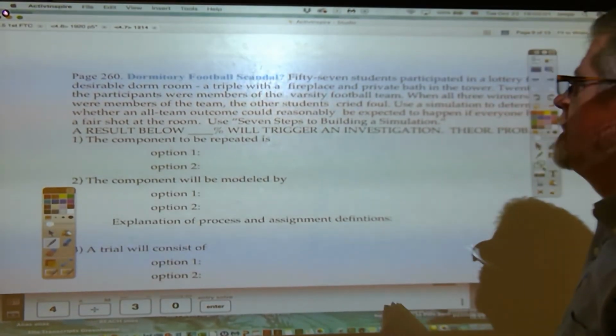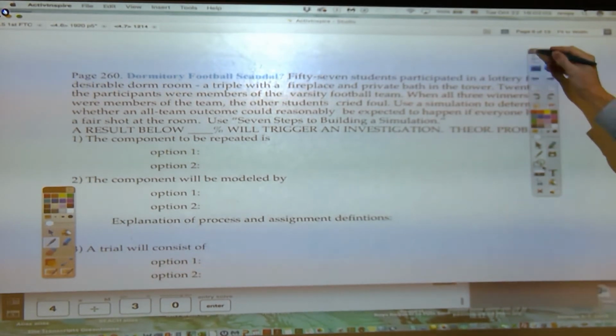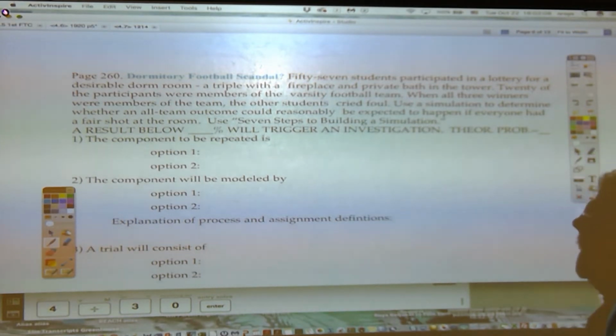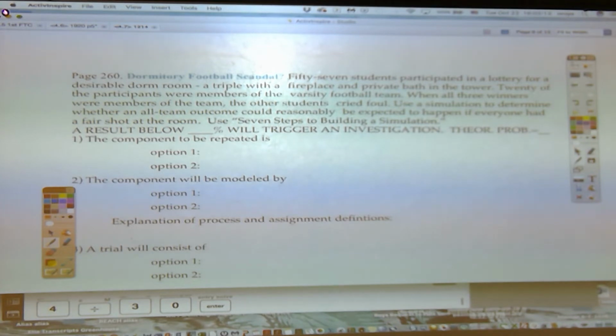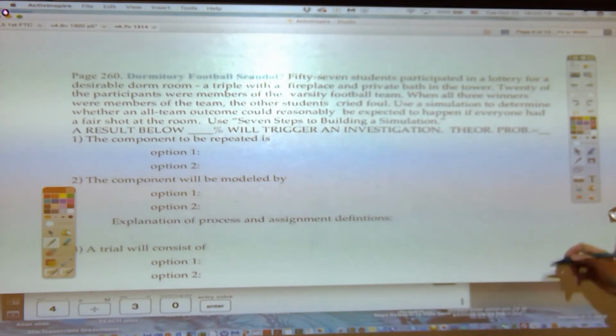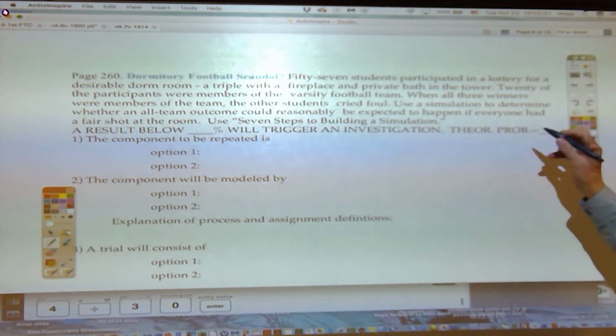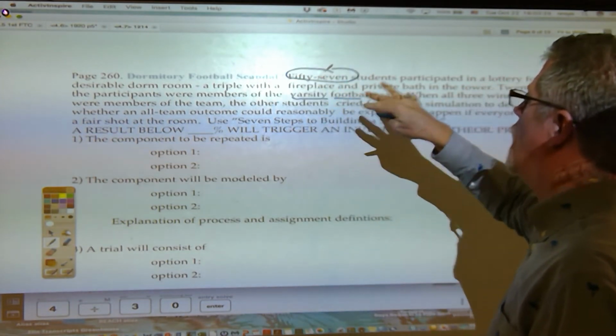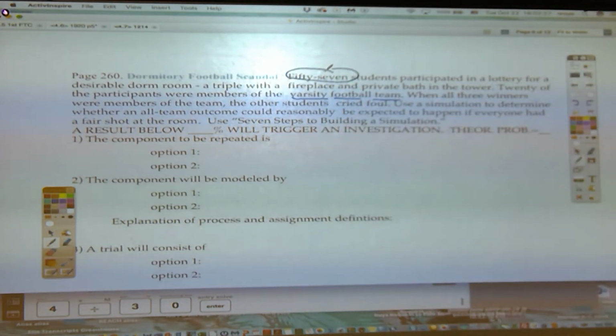Here we go. 57 students participated in a lottery for a desirable dorm room with a triple. We're in college here, and the dorm room is a special one. It has a fireplace, a private bath, and it's in the tower. 20 of the participants were members of the varsity football team. So of the 57 students who want this special dorm room,